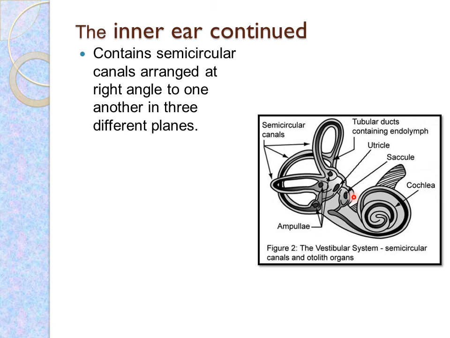Now this is all about the external, middle and inner ear. Now we can just sum up. The external ear collects and directs the sound waves: the pinna, the auditory canal and the tympanic membrane. Next comes the middle ear, containing the ear ossicles, malleus, incus and stapes, which amplify the sounds. And third comes the inner ear, which has the oval window, the round window, the cochlea, the organ of Corti, the utricle, the saccule and the semicircular canals.